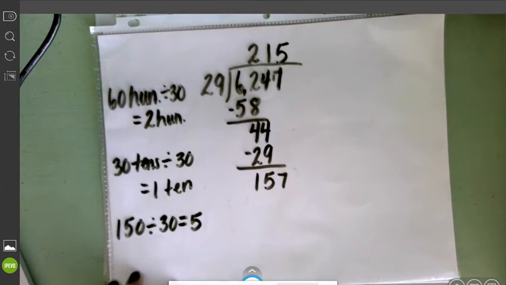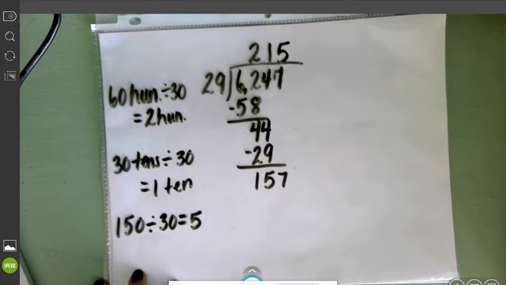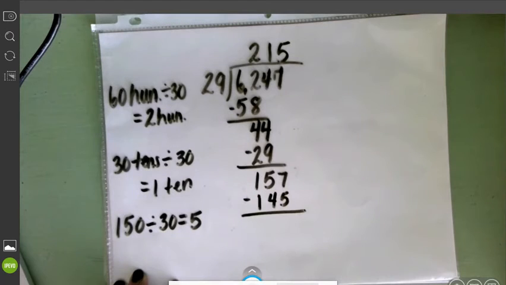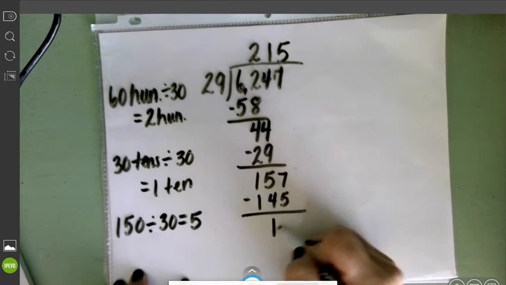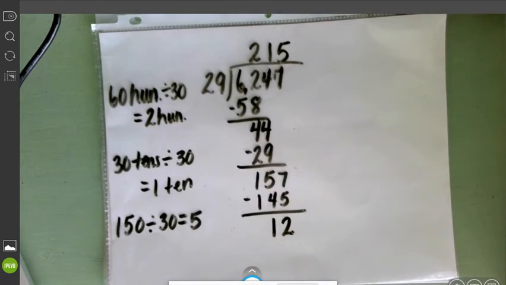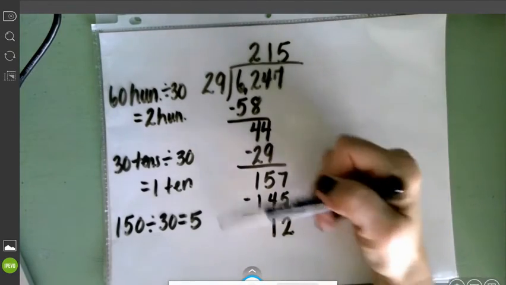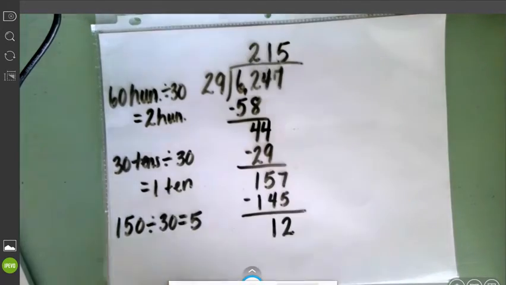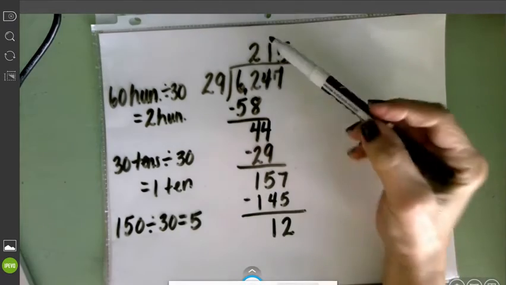And what is 29 times 5? That's right, it's 145. How many are remaining? 12. So let's stop and think about that for a minute. We have this standard algorithm problem. What does it mean when I say I have 215 and I have 12 remaining? It means that if I took